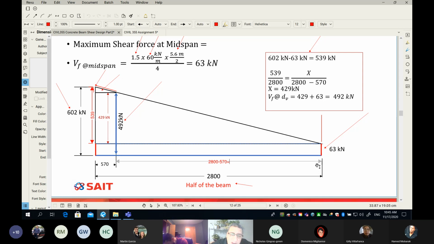$2,800 minus 570. I need some help. 2,000. No, please write it because I cannot see the chat. 2,230. 2030. Okay, so guys, this is whatever is left from that, and you can see we can do similarity of triangles,